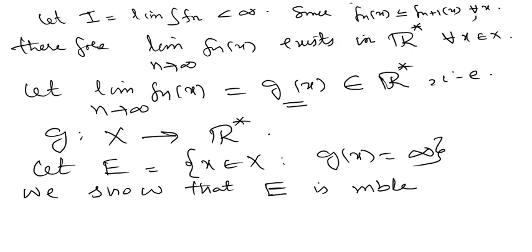So we show that E is measurable and mu star of E is equal to 0. Okay. So first we verify that